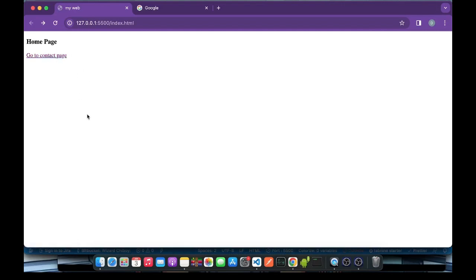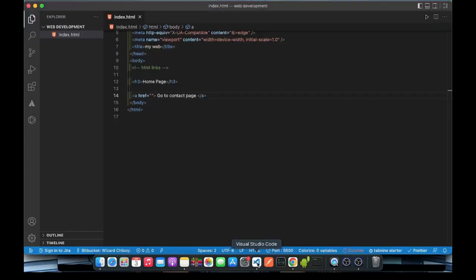redirect us back to this place, because if you check the bottom left, you are still seeing index.html. There is no contact page. Okay, that's because we have not created our contact page. All right, so how can we create it? Now we can create it by simply going to this place and then clicking on this button, which says new file, and then we can name it anything, but in my own case I would want to name it